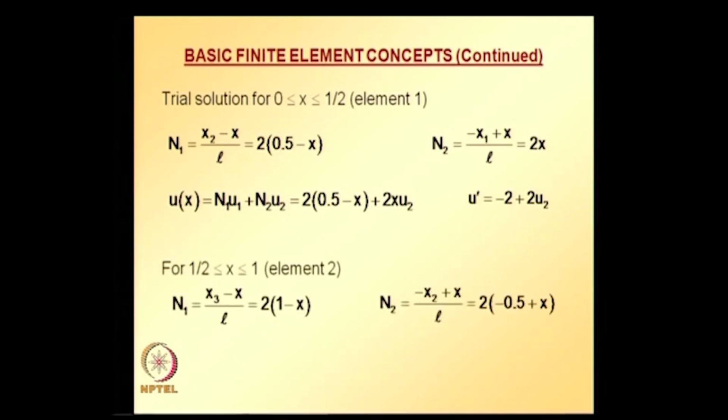And now the trial solution for element 2. For element 2, local node 1 coincides with global node 2, local node 2 coincides with global node 3. So, the shape functions for element 2 at local node 1, local node 2 are given here,